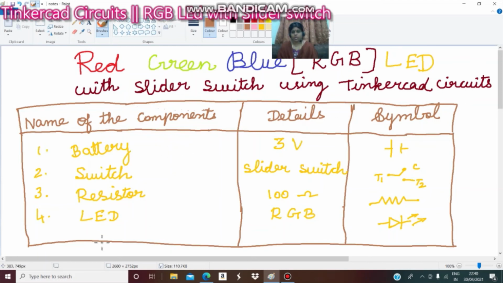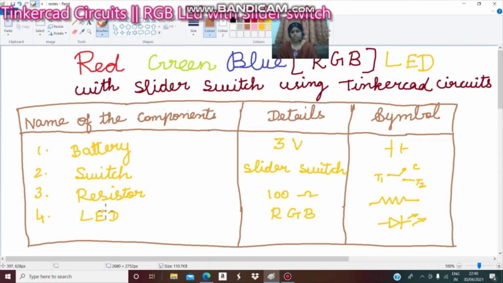These are the components. The names of the components are battery, switch, resistor and LED. We use a 3 volt battery. This is the symbol for the battery, and we use a slider switch with on and off. This is the symbol of the slider switch. This is the common, terminal 1 and terminal 2.